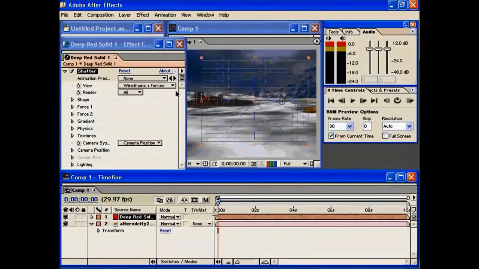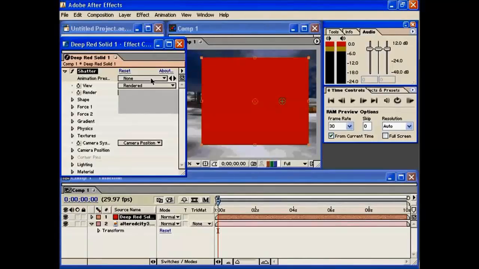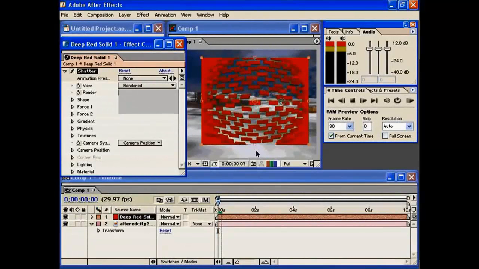Whereas in the render category, there would be no animation unless we actually set attributes in order to change the properties of the effect, and that way we could animate it along the timeline. Here, let me turn this to the rendered view, and you'll see that an animation plays, and even though